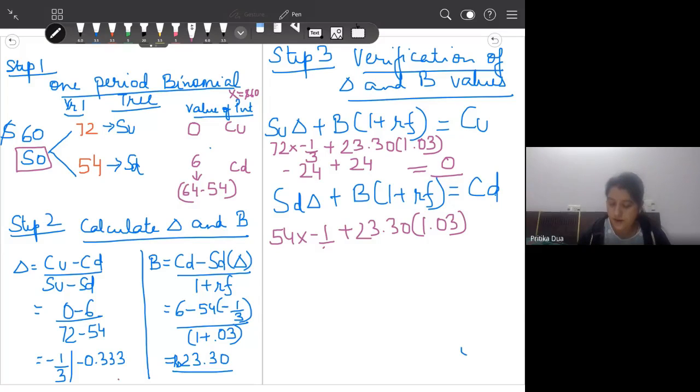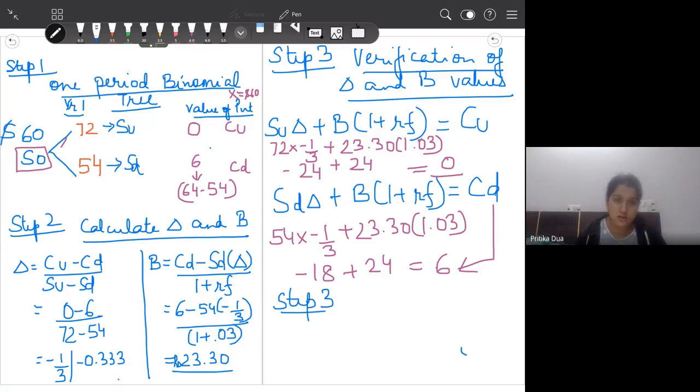So this will be minus 18 plus 24, which will give you a value of 6, and hence CD can also be verified. Okay, so this means our calculation of delta and B have been correct, and now we calculate the value of the put option,